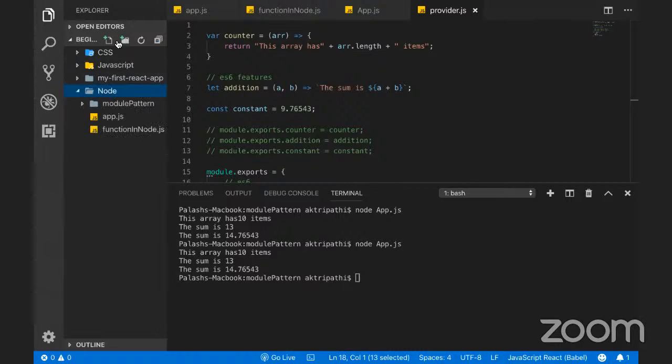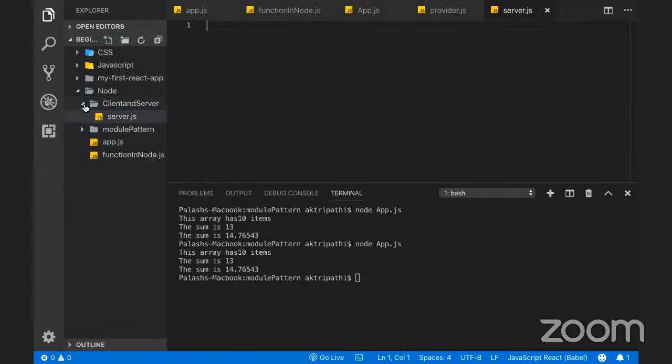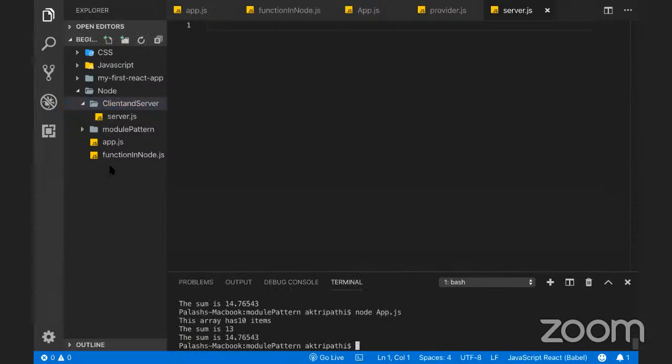I'll create a folder and call it server, client and server. ठीक है, और इसके अंदर एक फाइल बनाते हैं and I call this as server.js. Now what I'm going to do right now is I am going to use an inbuilt module of Node.js. And how do I do that? I should go inside server.js. Okay. And to use any inbuilt,